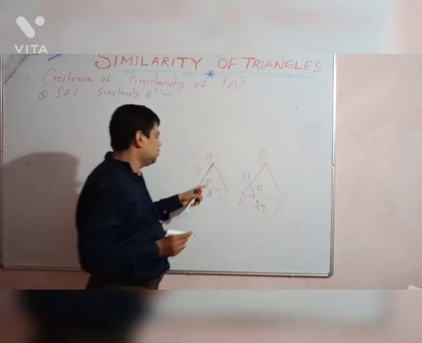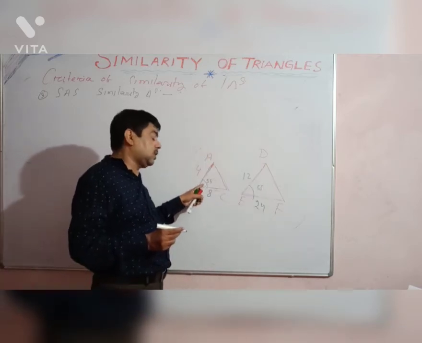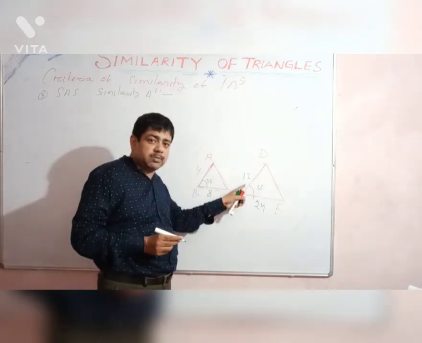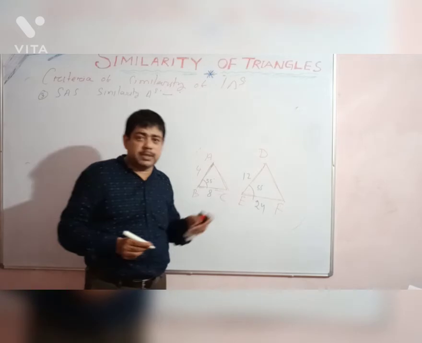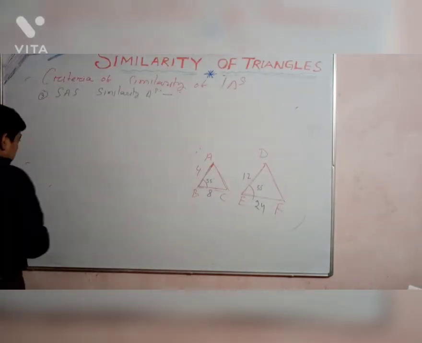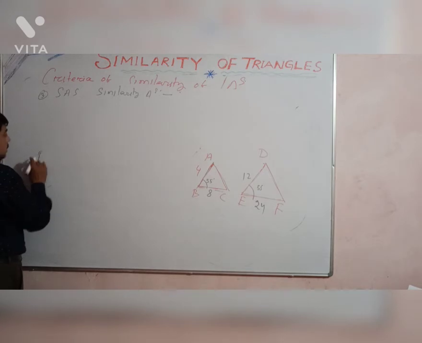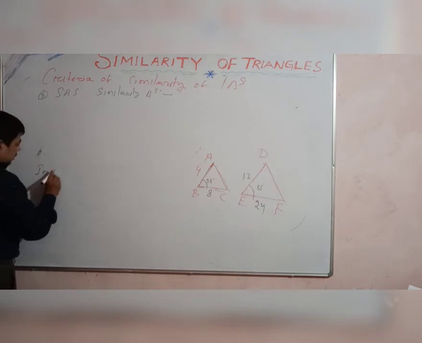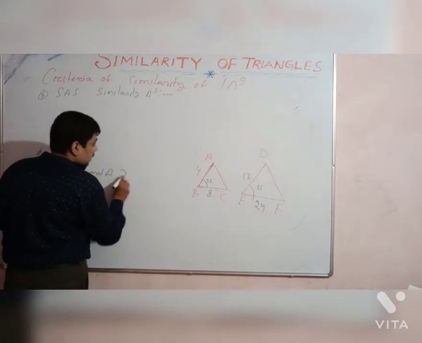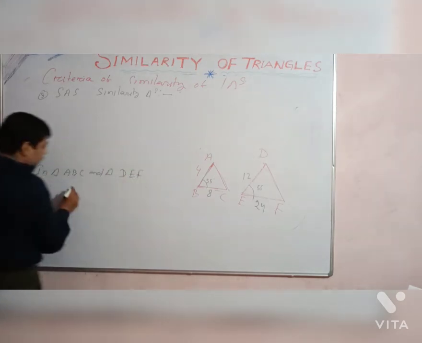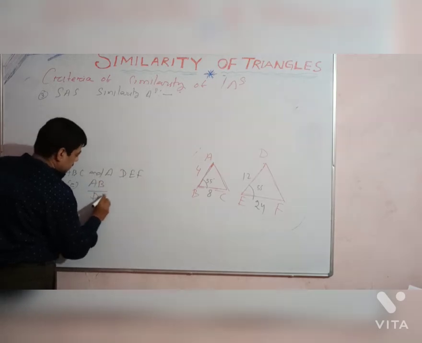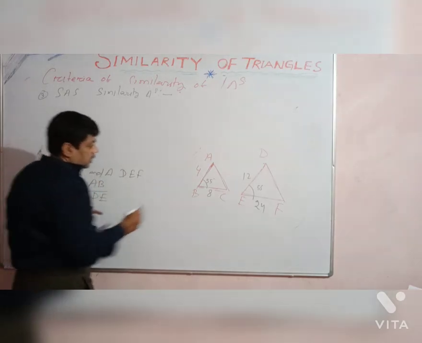It means the ratio of the two sides and the including angle, the B angle being known as the including angle, of one triangle are equal to the corresponding ratio of the corresponding sides and the including angle of the other, then the triangles are said to be similar. Is it okay? What you learn from here is, in triangle ABC and triangle DEF, point 1, AB upon DE is equal to how much? What is AB upon DE?